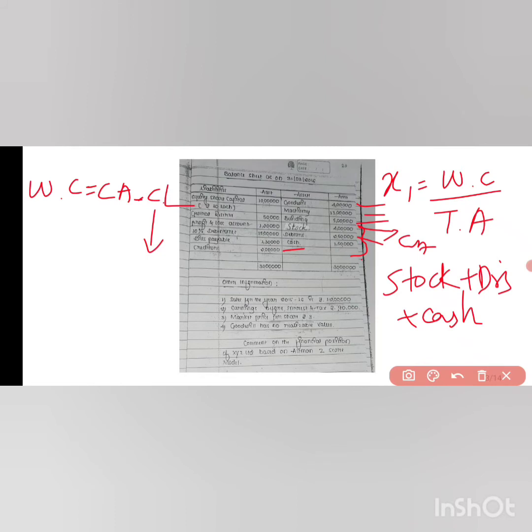So see here, equity share capital, this is a capital. Okay, general reserve and profit and loss account, these two values are retained earnings. As we just discussed, these two are our retained earnings. 10% debenture, this is long term debt. So we can't take it under the current liabilities, because the liabilities which can be paid within 1 year are our current liabilities, right? So debentures are long term debt, we can't consider them as current liabilities.